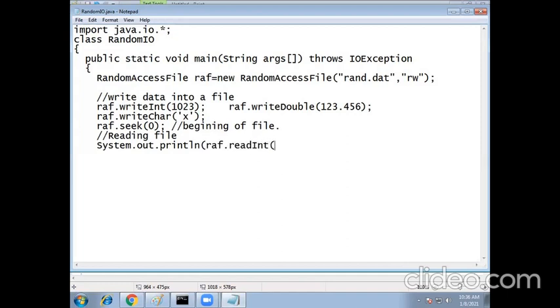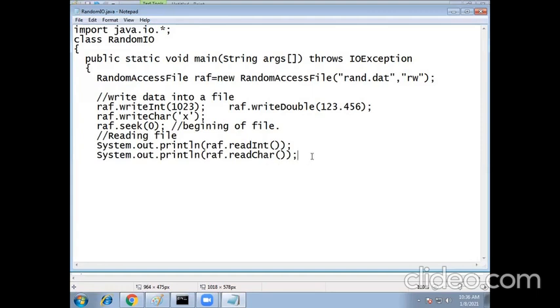What is the first value? Read integer. And RAF dot readDouble and RAF dot readChar.